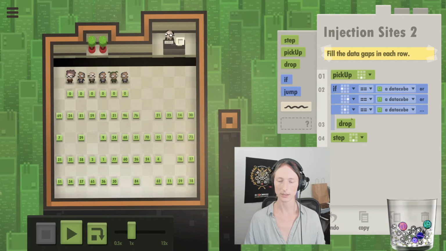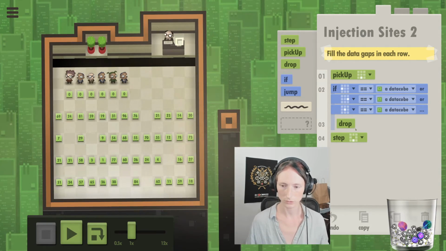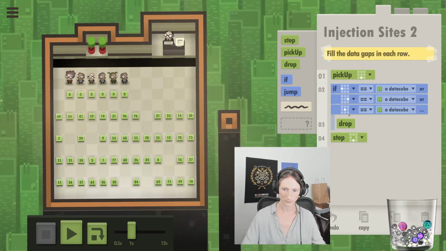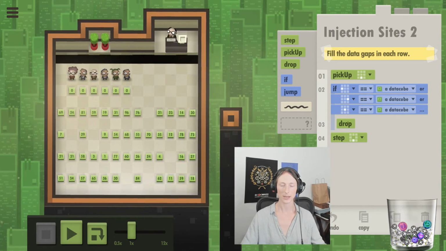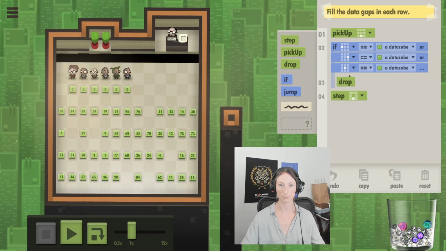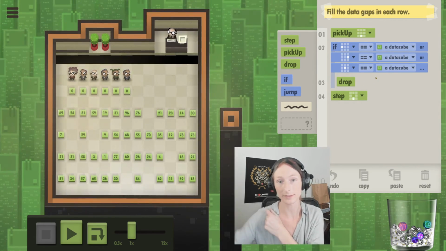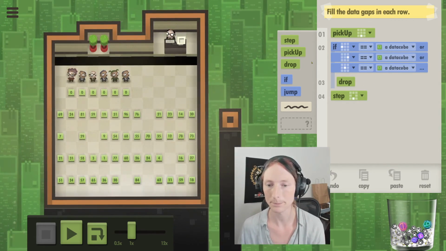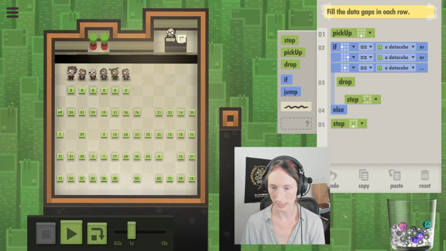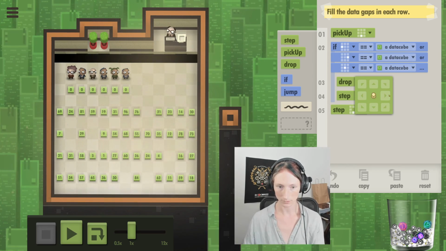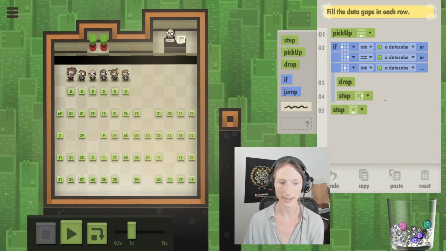But if they haven't dropped it, this would have thrown an exception, but the human will continue on down in the program. And so what we want to do is step to the side. So we're going